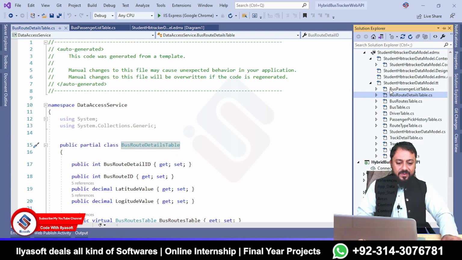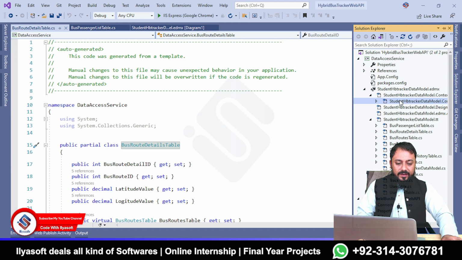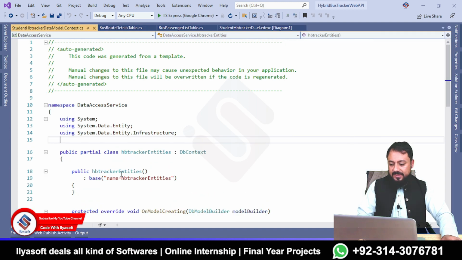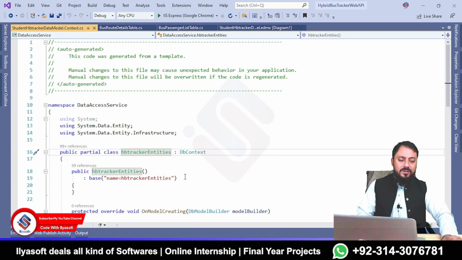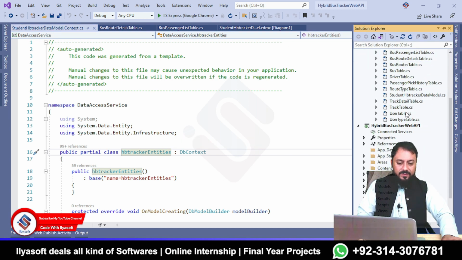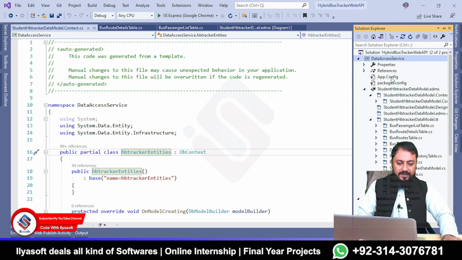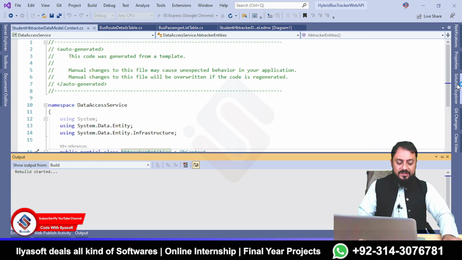Okay, and here I select or enter the name of our entity data model. The DB context class is HB tracker entity. Okay, but if you want to change this, so the method is this. Otherwise, use the suggested one. Okay, so now all of this is complete. So now I'm going to first rebuild the database access project,